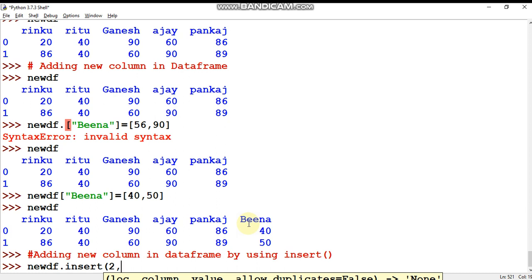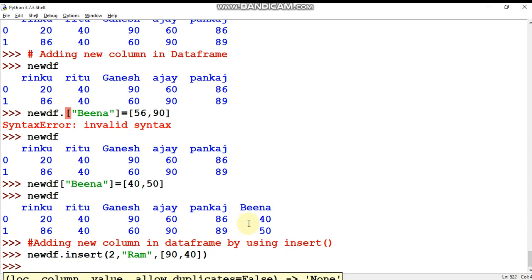So write the index where you want to insert, write the column name. I want to add column Ram, and then pass the values. The values are 2 values, so I want to add 90 and 40, and now press enter.